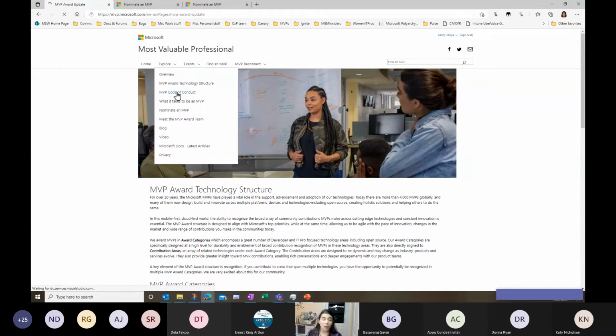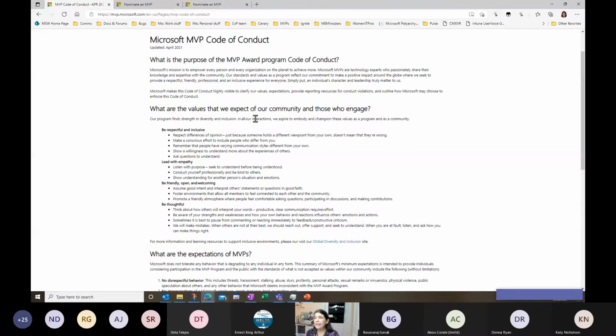So the next thing, MVP code of conduct. So we actually do have a very specific code of conduct here. And Microsoft's mission, we want to empower every person on the planet to achieve more. And to do that, we feel like we really need to have a functioning, inclusive, and as diverse as possible community. And diverse in a lot of ways, so country is part of it. Race and ethnicity is a part of it. Gender is a part of it. Experiences are a part of it.